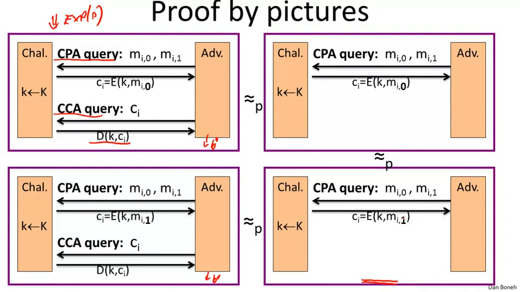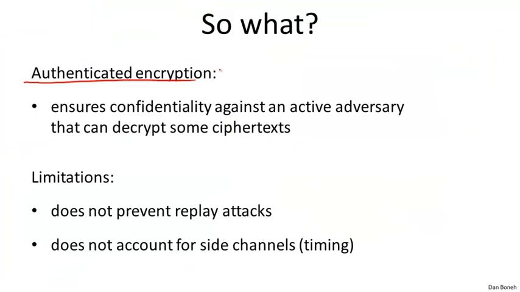By this chain of reasoning, we've proven that all these games are equivalent, and in particular, the original two games that we started with are also equivalent. Therefore the adversary can't distinguish the top left from the bottom left, and therefore the scheme is CCA secure. This gives you the intuition as to why authenticated encryption is such a cool concept, because primarily it implies security against chosen ciphertext attacks. As we said, authenticated encryption ensures confidentiality even if the adversary can decrypt a subset of the ciphertext. More generally, even if he can mount a general chosen ciphertext attack, he still is not going to be able to break semantic security of the system.